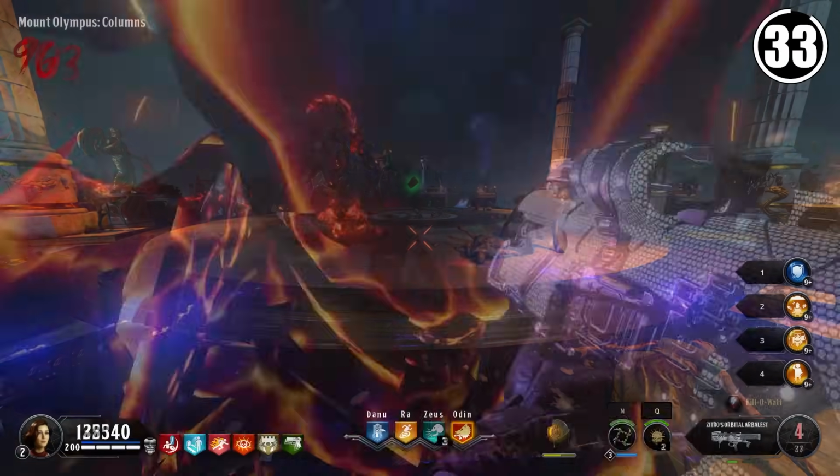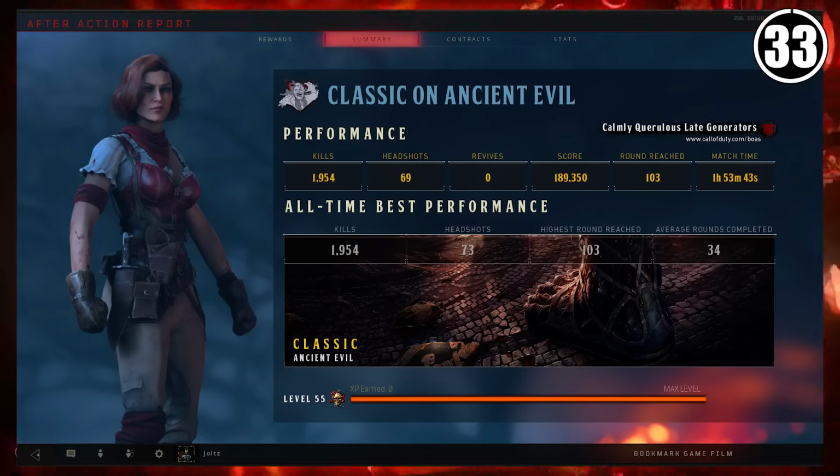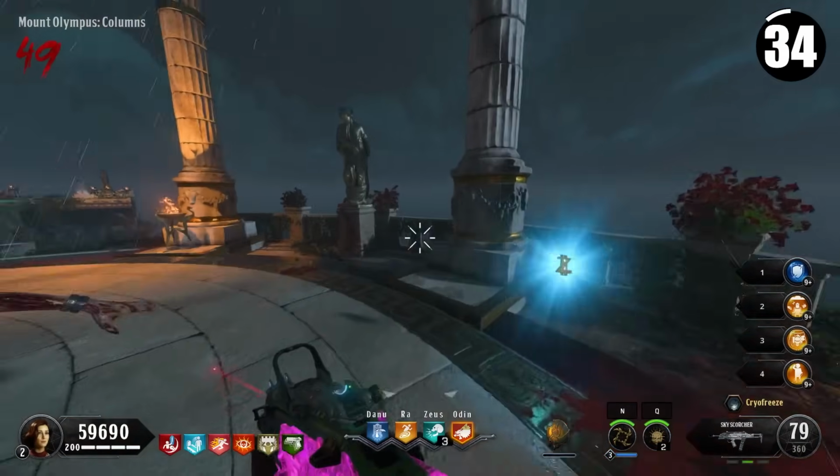I did this whole quest and got round 100 this way, in under 2 hours, just so you understand how easy this is. One last tip for Ancient Evil: when you do high rounds, run Blood Wolf Bite in the